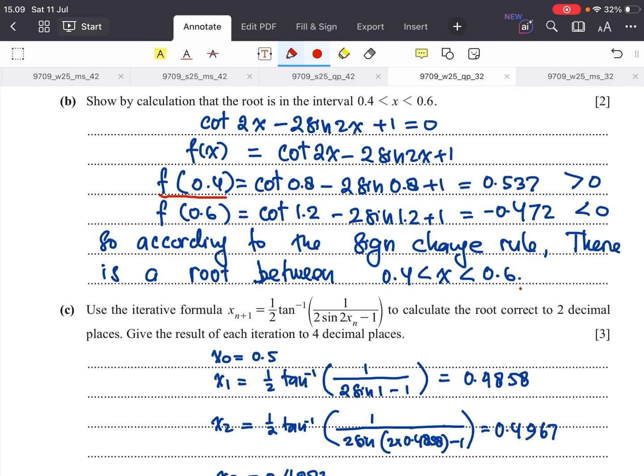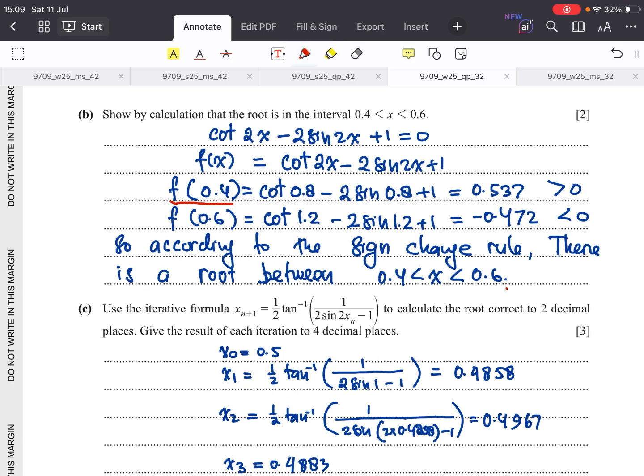So as starting value, since we know that there is a root between 0.4 and 0.6 already, we can use any value between 0.4 and 0.6. In my answer, I start with x0 equals